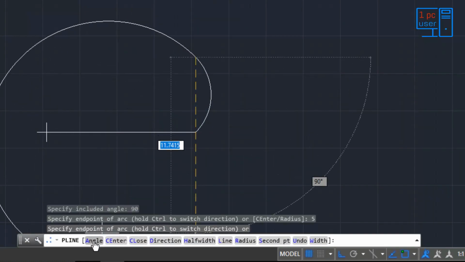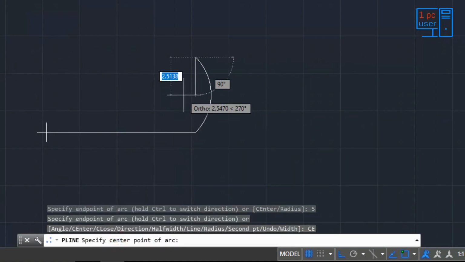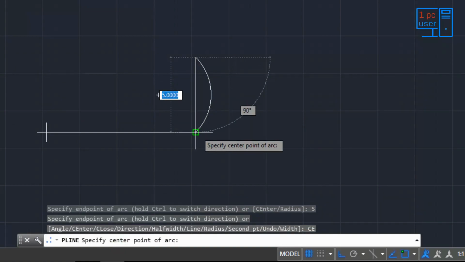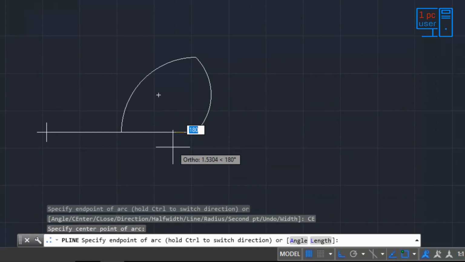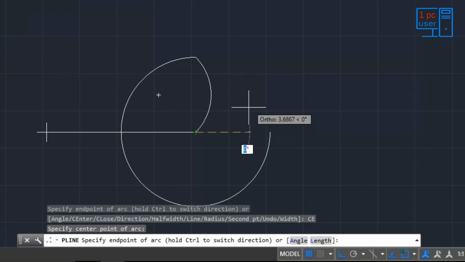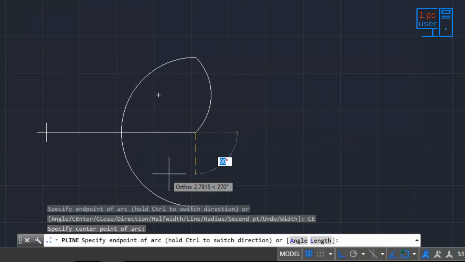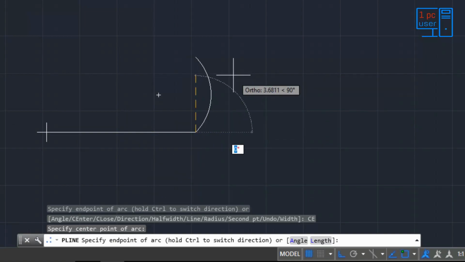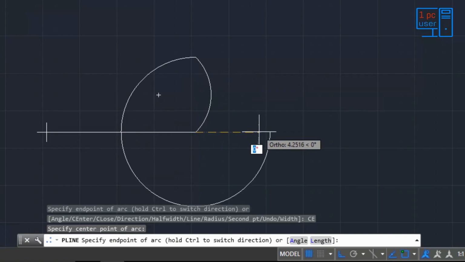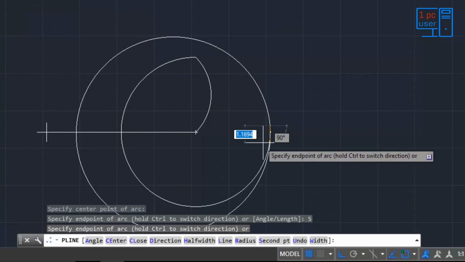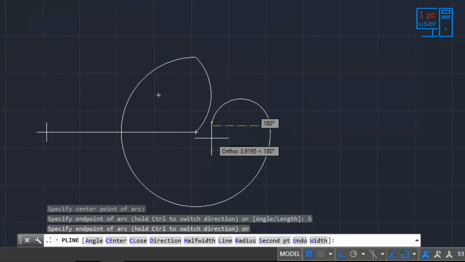So and then here you will see center. If I will select here center anywhere, for example, if I will select here center from here, then it will start drawing arc from here. It will take it as a center and then start drawing arc. So I think now it makes sense to you. And you can switch direction by control, and you can give your length if you want, but I have already explained that, so I will not explain it again. I will simply give your length 5. Okay, then